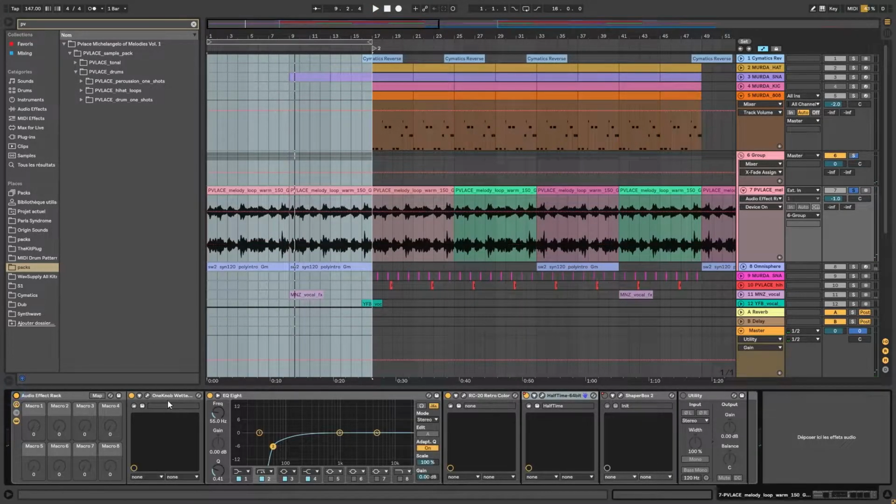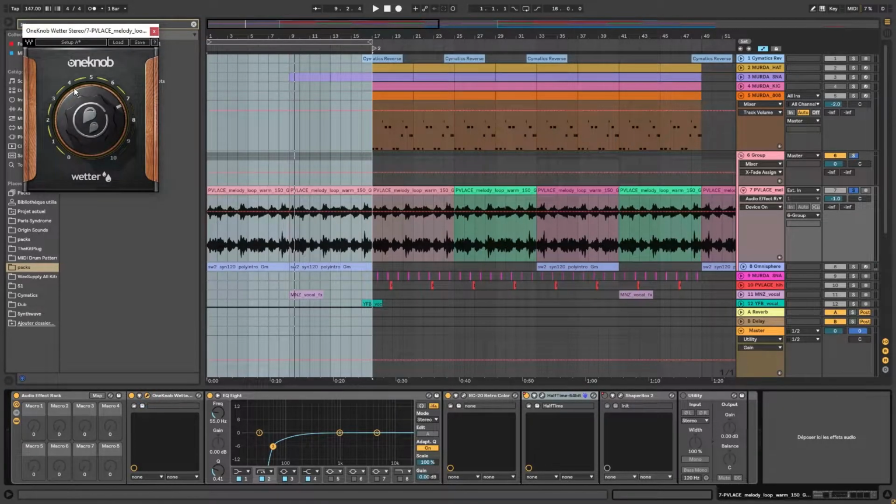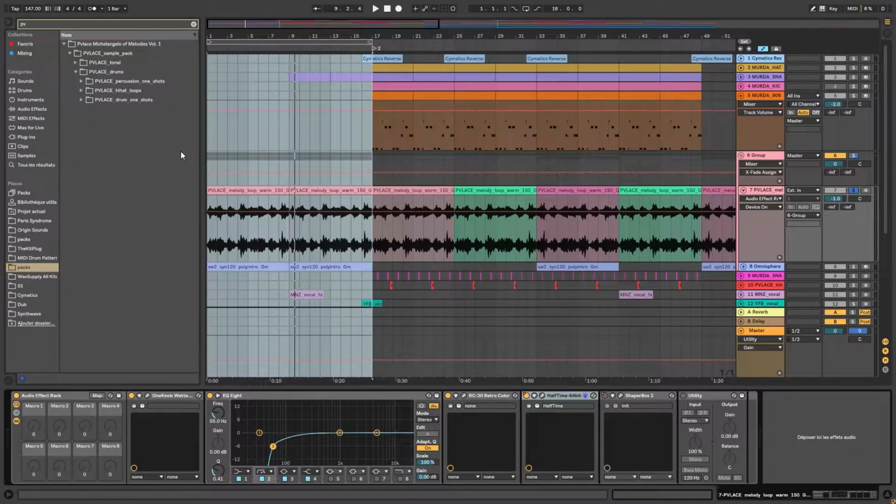So yeah, starting with the processing effects, we have this one-knob Waves plugin to add some reverb and delays to our sample. I really like this plugin since it's super simple. It's kind of dumb, but it does the work when you are trying to come up with something on the spot and fast. Later, we have an EQ Eight from Ableton Live to cut some of the low frequencies